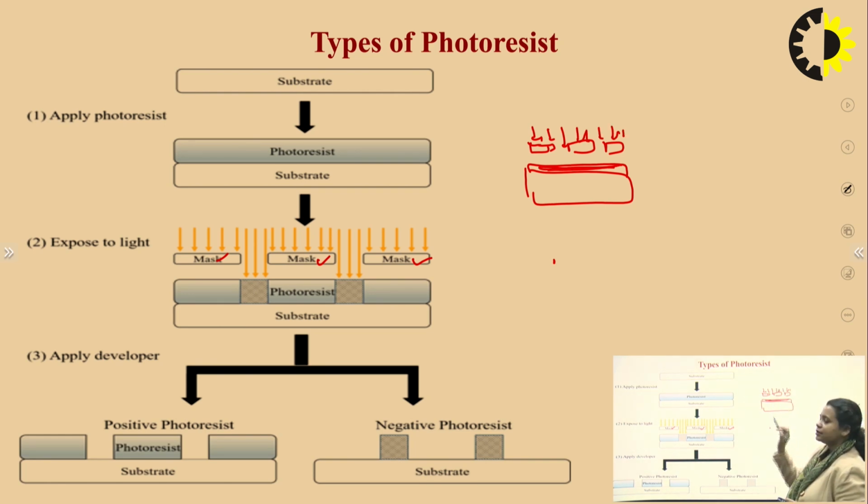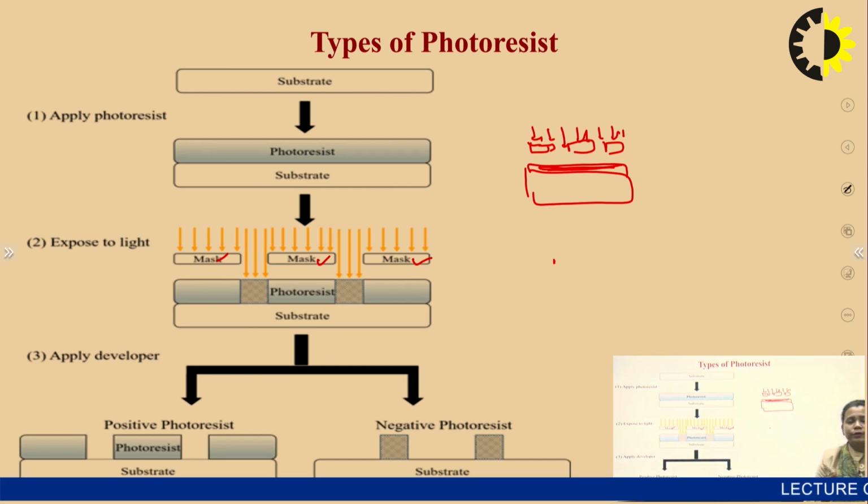Photoresist actually is of two types: positive photoresist and negative photoresist. In the positive photoresist, what happens when the UV light is falling on the substrate, on that photoresist part, is